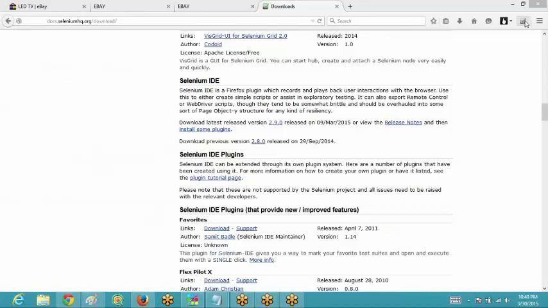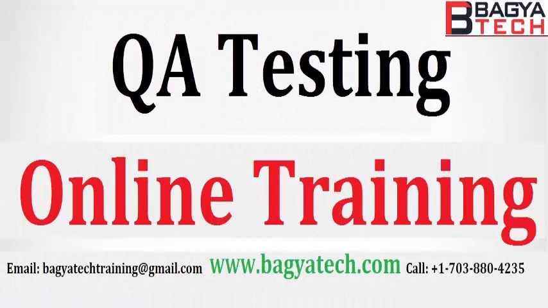Over there in the tools there would be an icon for Selenium IDE, but I don't have any tools option over here, so I can't tell you about it. I can actually show you, but if Selenium IDE is not present over here, it is surely present under the tools option. Okay, so these are the simple steps via which you can download Selenium IDE.